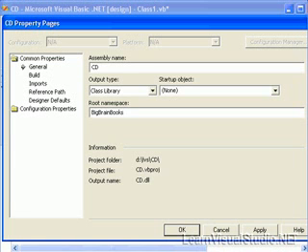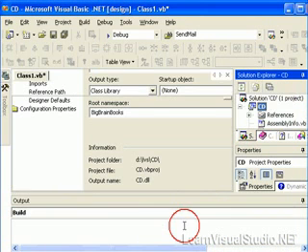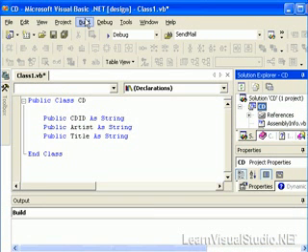We're going to call the class CD, and we'll have public CD ID string, public artist string, and public title string. So the next thing that we're going to do then is set our CD property page root namespace to Big